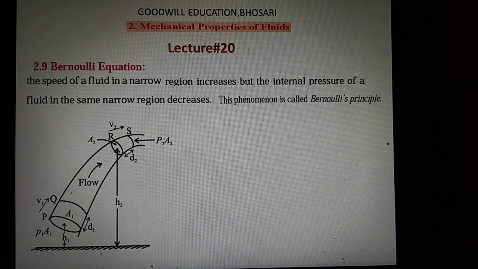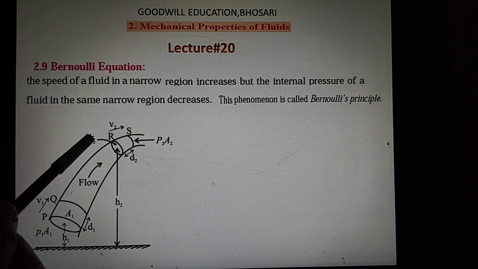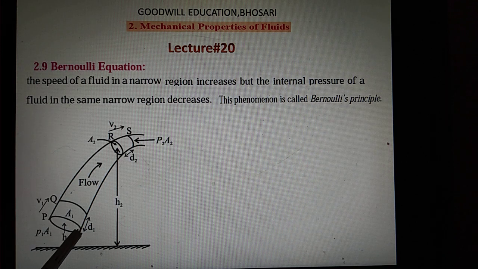Okay. Now we are considering the derivation of Bernoulli's equation. For this, we are taking the flow of an ideal fluid through a tube of varying cross section. See, this is a tube having a varying cross section. Here P and R, P having a cross section A1, R having a cross section A2, and at a given time this dy is the distance traveled by the fluid. Here we are taking the ideal fluid.